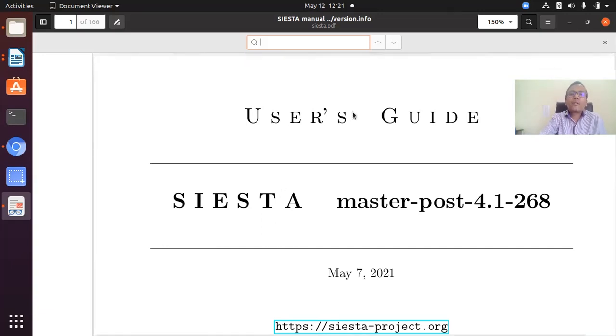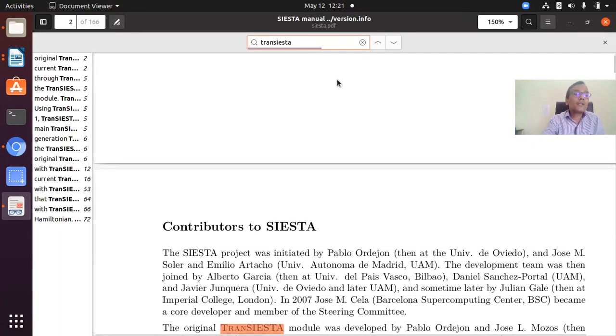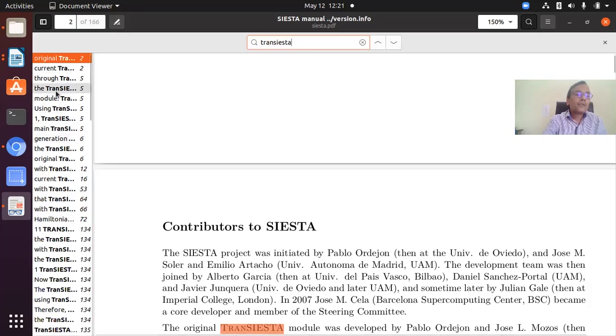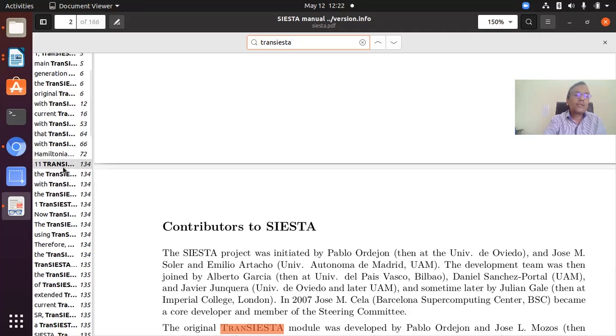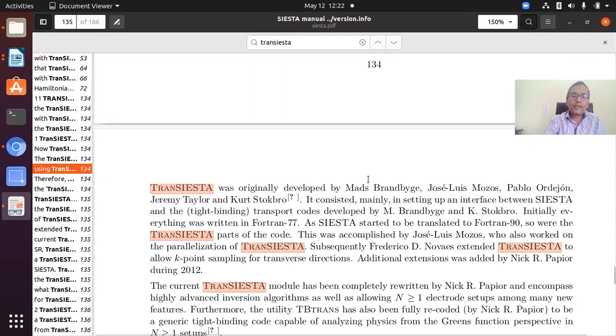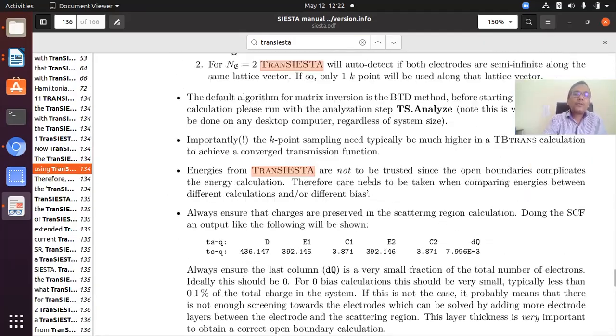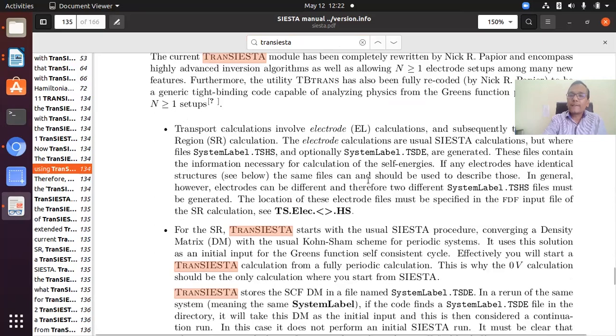You should start from this manual by typing just transistor, and it gives some basics and the flags we have to use in the transistor, and how to compile transistor, etc. Before starting, you should learn all this.